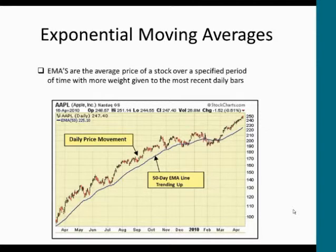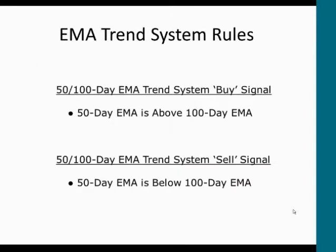So here's a snapshot. This is a daily price chart for Apple, and this blue line is the 50-day EMA line. So we want to take a look at the 50-day EMA, and then we want to compare that to the 100-day EMA, and that is our